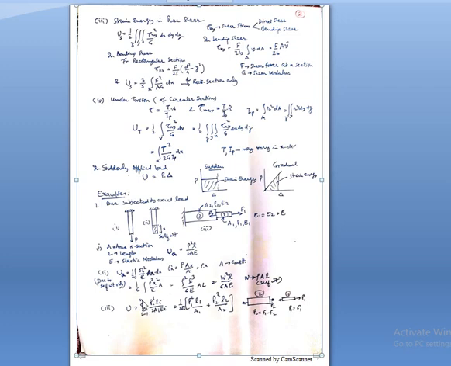Therefore, for i from 1 to n different parts, the value will be taken as P square L upon 2AE as previously. So for different parts, part 1: P1 square L1 upon A1, P2 square L2 upon A2. Because E is constant we have taken it outside; L, A and P are varying here. This is the free body diagram for this part. Next.